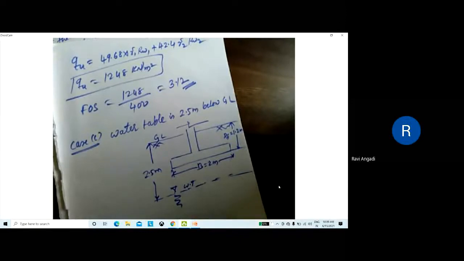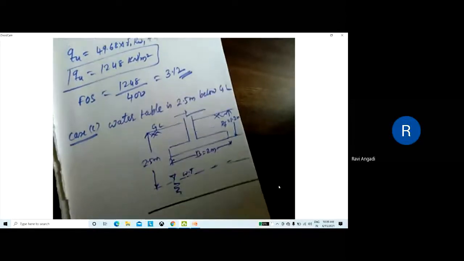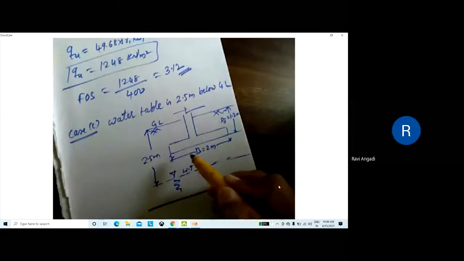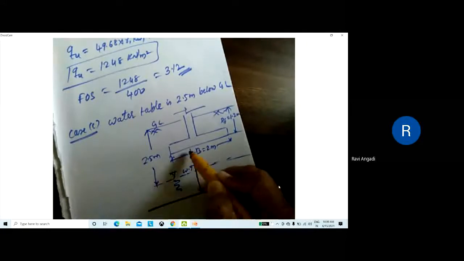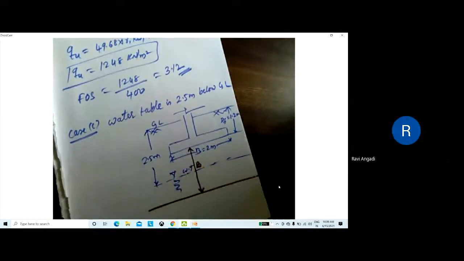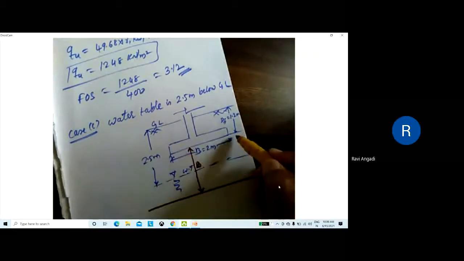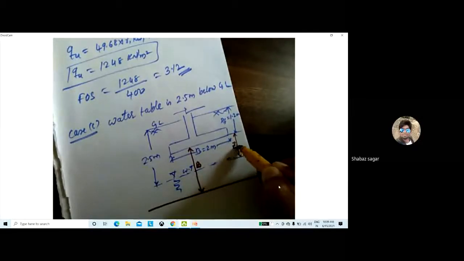For your sake of understanding, first I'll mark this line and call this B, because with respect to B only we are deciding the value of ZW1, RW1 and RW2. Understand? The depth beyond B, we will not take into account. But if it is lying within B, then we have to take it into account. So can anyone tell, shall I call this ZW2? Yes, sir, 1.3.